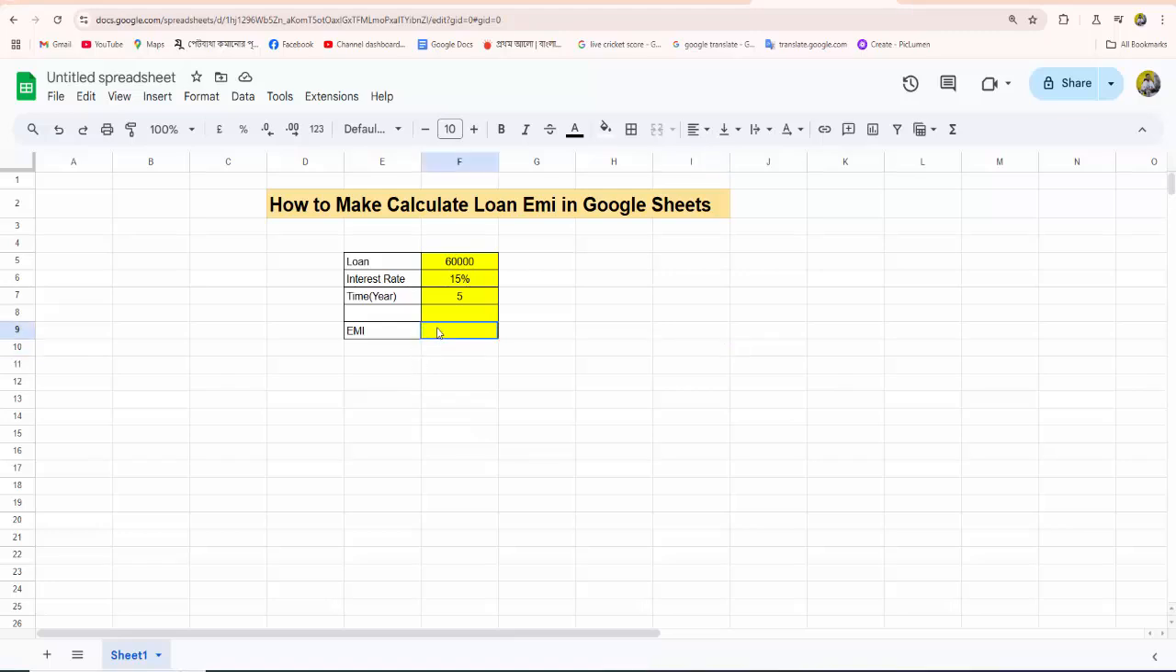Now click on the EMI cell. Now on the keyboard press the equals sign. Then type PMT. Then press the first bracket. Then select the loan amount. Then slash 12,